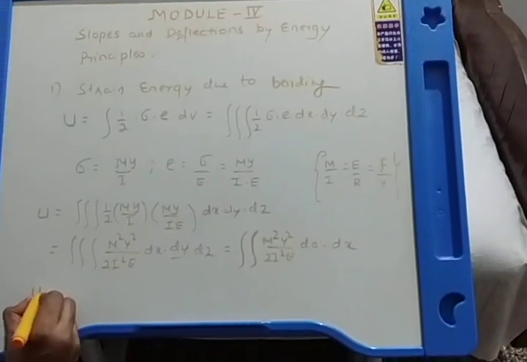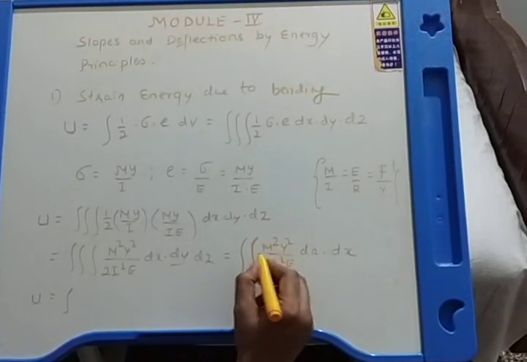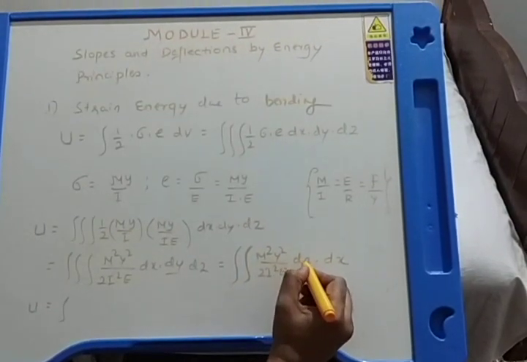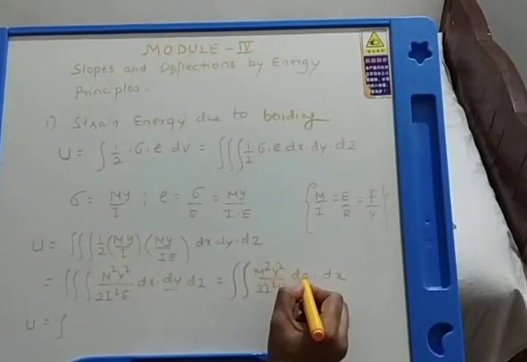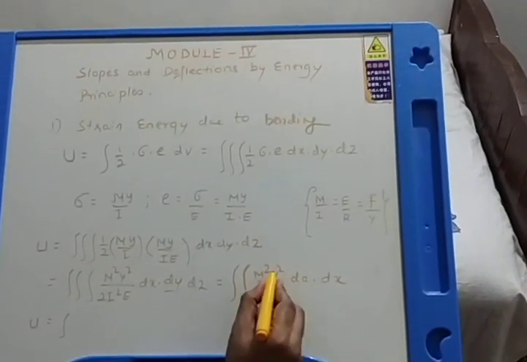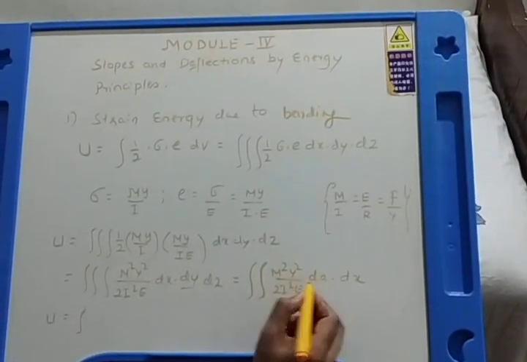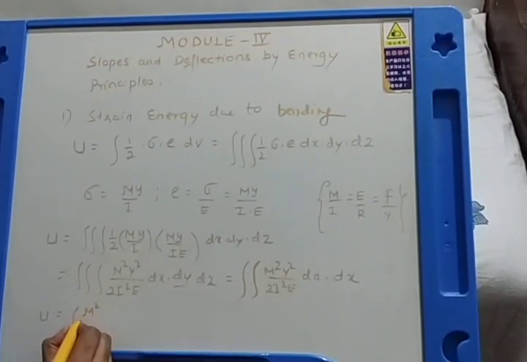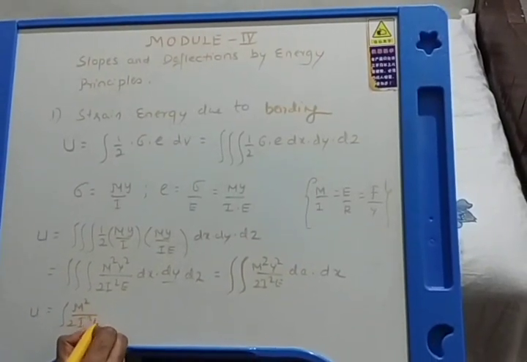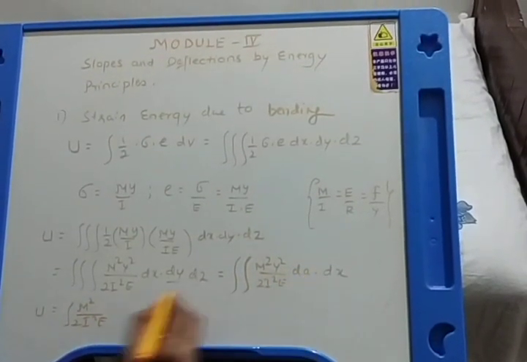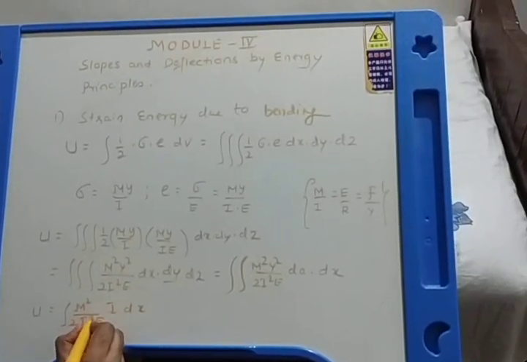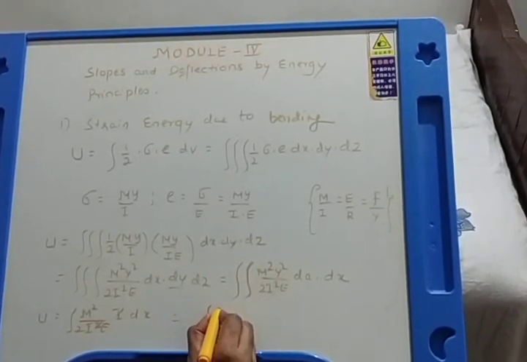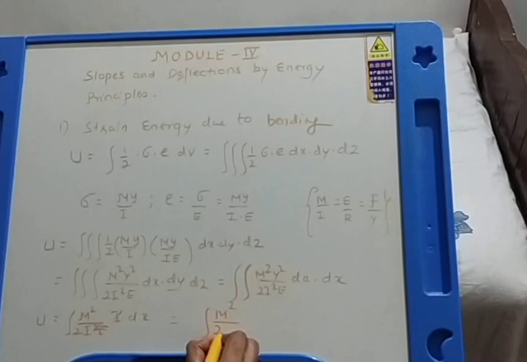Now again U is equal to integration. You remember integration y square dA. If you just recall elements of civil engineering, integration y square dA is Ixx or I. So if I substitute integration y square dA as I, then one integration will go, only one integration will remain, M square upon 2 I square E. Integration y square dA is I, dx. So one I is getting cancelled. So the expression that we are going to have is integration M square upon 2 EI